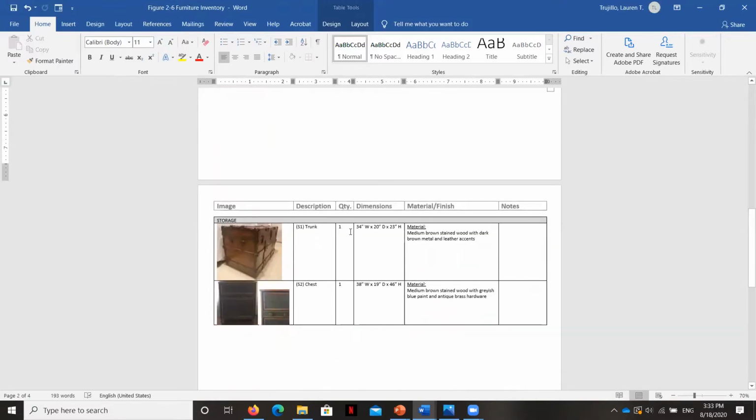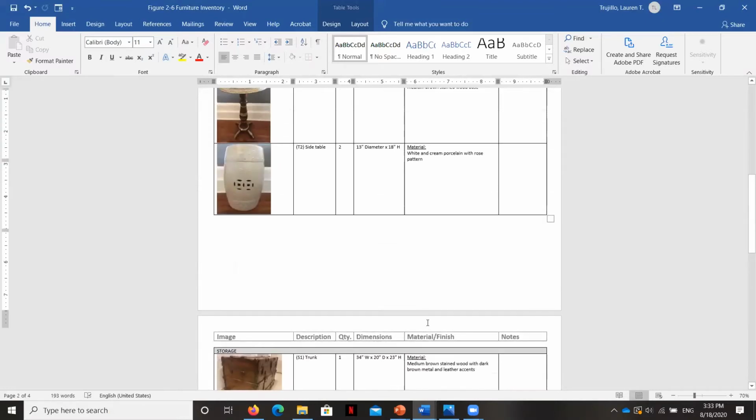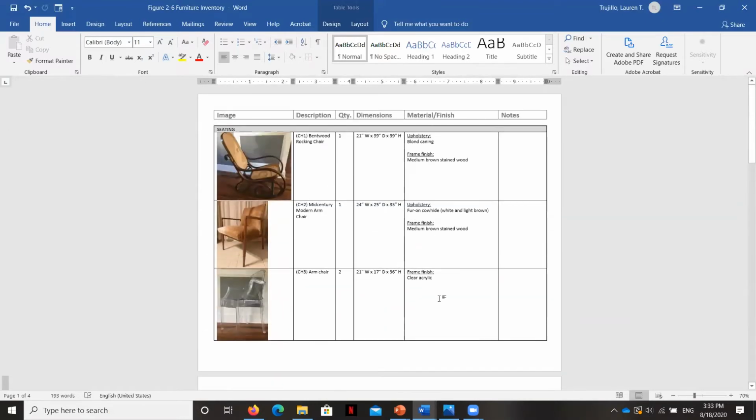You can see on the final page, I have just the storage furniture here. A client's inventory may span many pages if they have a lot of existing pieces, or you have a lot of information that you need to capture for each one. But this one is very simple and would be easy to flip through. For each furniture type, I have the headings in the header and footer, and then I have a colored break bar here to separate the furniture types.